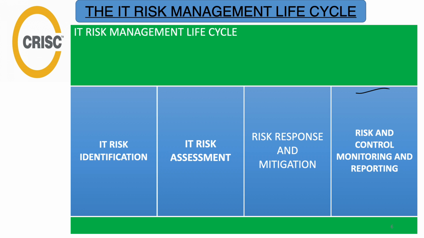Next, further ahead in the cycle, the third step is risk response and mitigation. In this, we have to mitigate the risk. The materiality assessment of the risk helps to determine the strength of the control required to bring the risk within the business appetite threshold, and informs key control areas that require greater oversight and assurance to ensure that